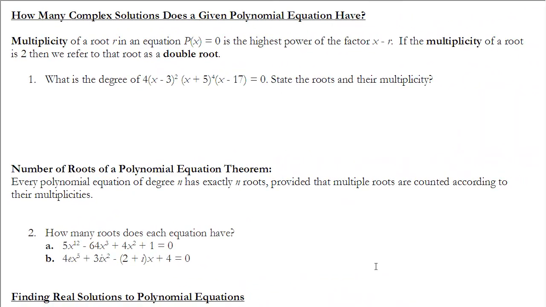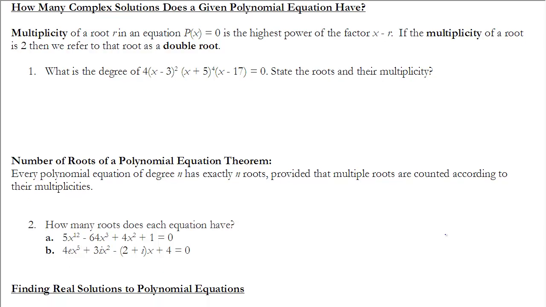Alright, example 1 gets at this idea of multiplicity. It says, what is the degree of the polynomial that's given here, and then state the roots and their multiplicity. Well, first of all, let's talk about the degree of that polynomial. I can get the degree without having to put it in standard form, just by looking at each of these factors. If I have an x here with a power of 2, an x here with a fourth, and an x here, which is like to the first power,